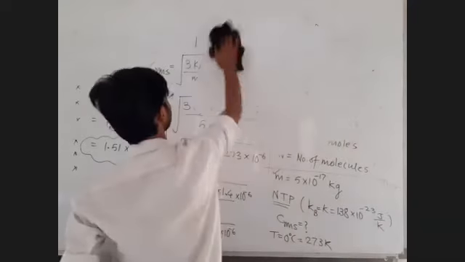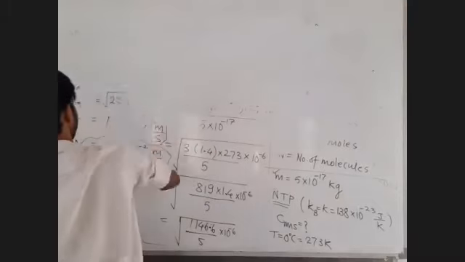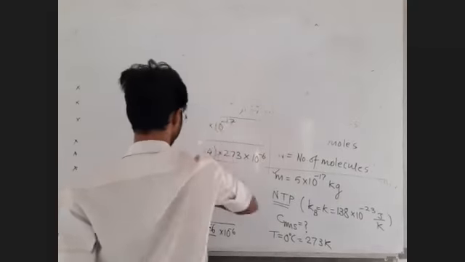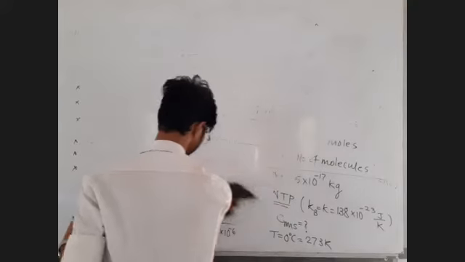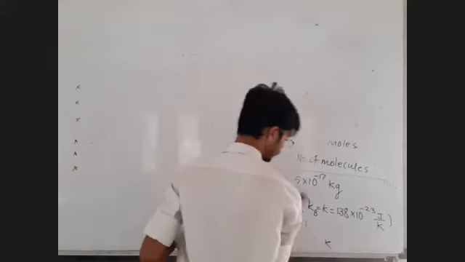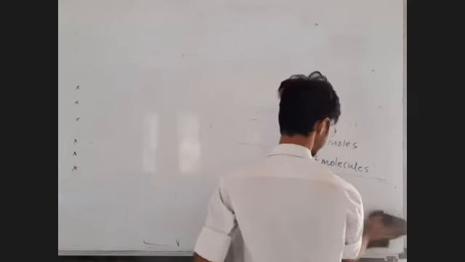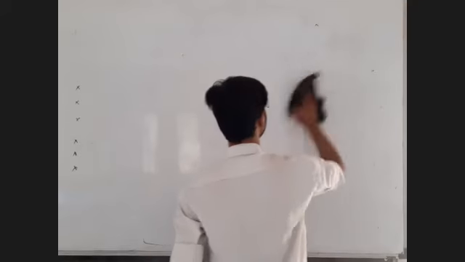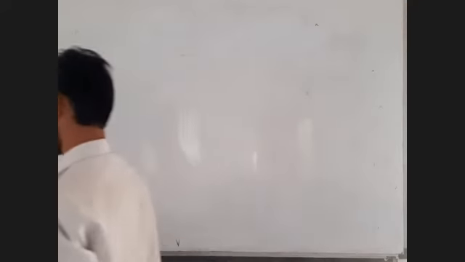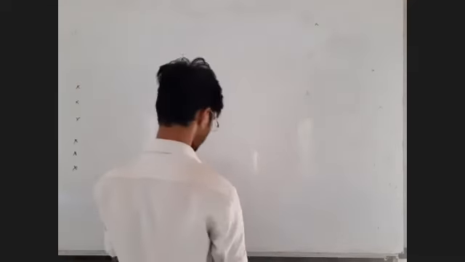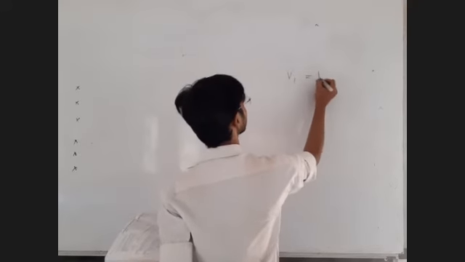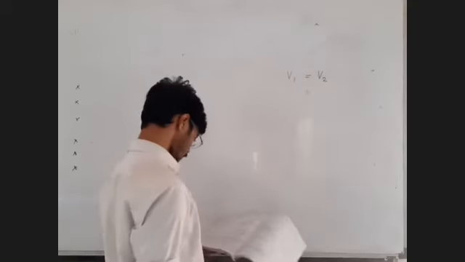When there are two components, three components, or two systems, or three systems given, each system you have to write in one column. If there are two data given to us, then we have to write two columns. Let me show you. They are giving that the volumes of the two containers are equal. So V1 equal to V2.